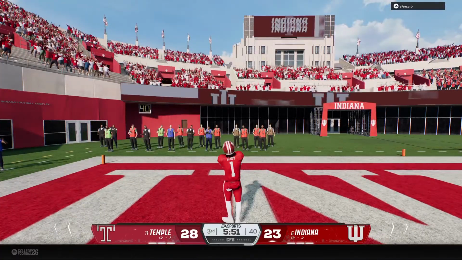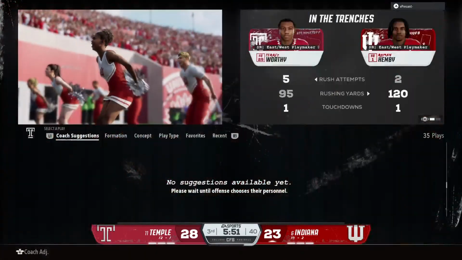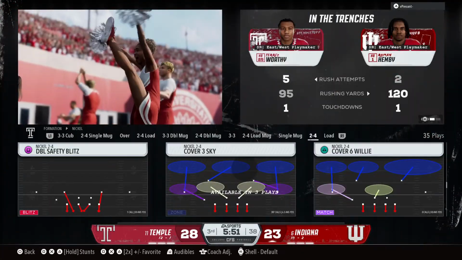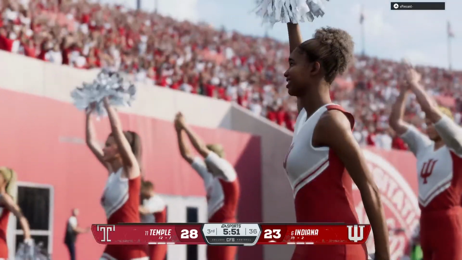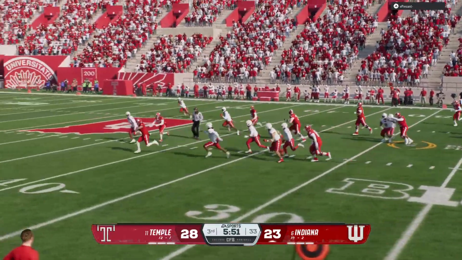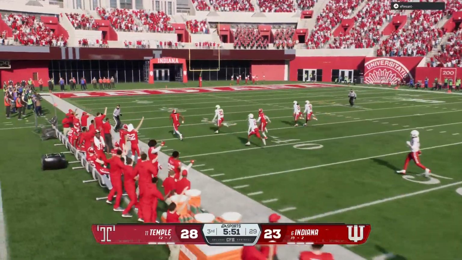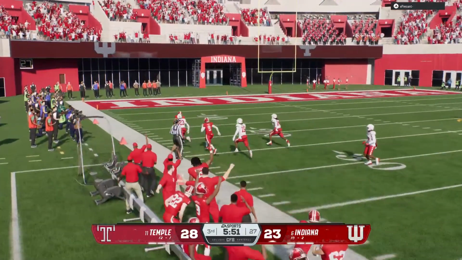What a touchdown. Anytime you see a play go for that many yards, everything has to come together. The offensive line did their job, the running back's vision and instincts and speed, and the play caller setting up the perfect personnel group, formation, and play call. It all came together, and they get the big score.